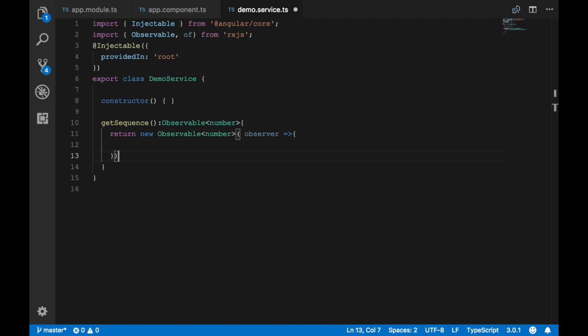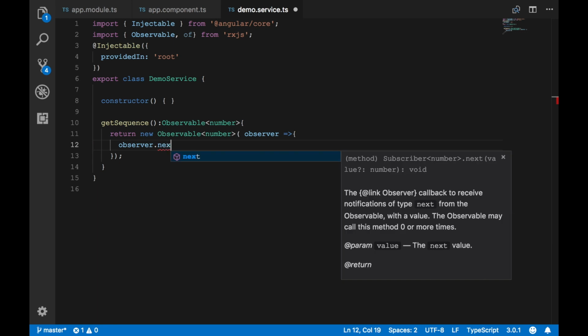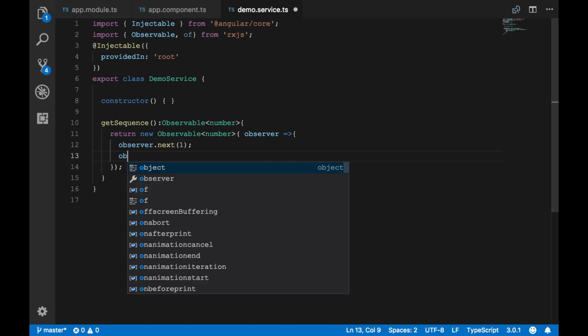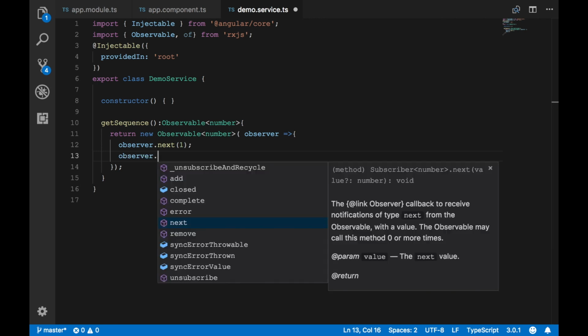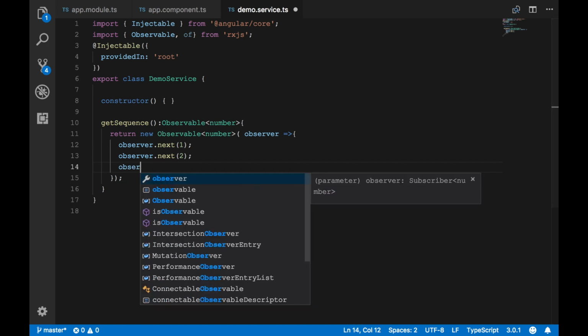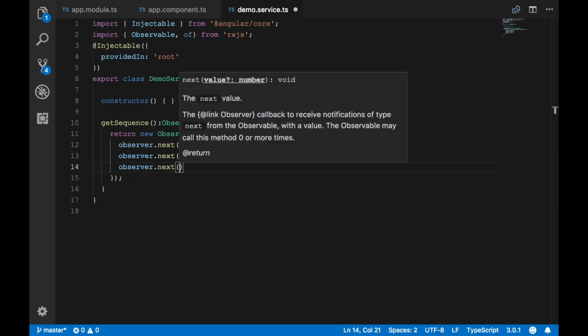Here is our main function, observer. As we mentioned last time, the observer has three functions. observer.next will publish the value, whatever value we want to publish we'll pass here. For example 1, next 2, 3,